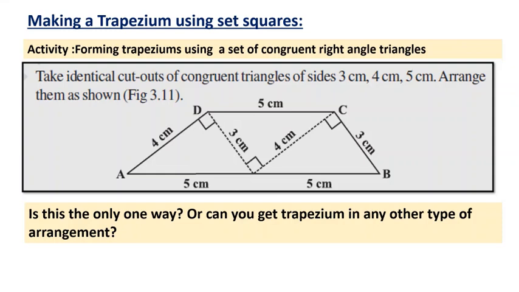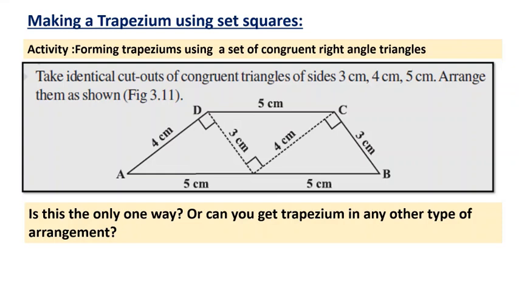Say, imagine it is a 3 centimeter, 4 centimeter, 5 centimeter right angled triangle. You can make it like this. I will give you one more idea. If you want, you can cut chart paper of the same size, 3 centimeter, 4 centimeter, 5 centimeter. Then you can make it like this. But observe the next slide. It is not only like this. We can do it in different ways. If you have this kind of 3, 4, 5 triangle,